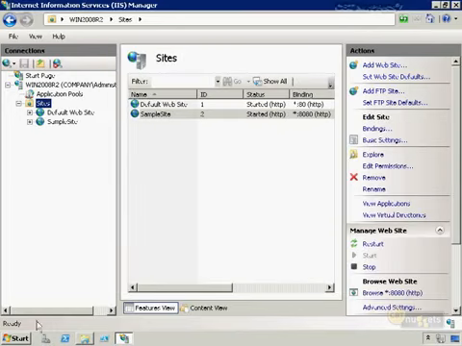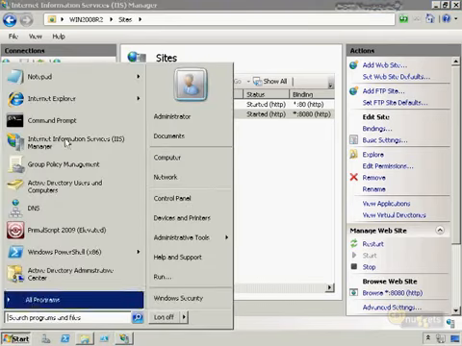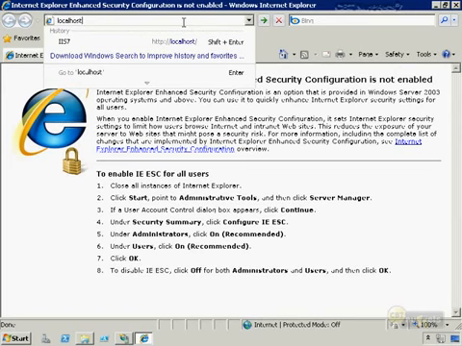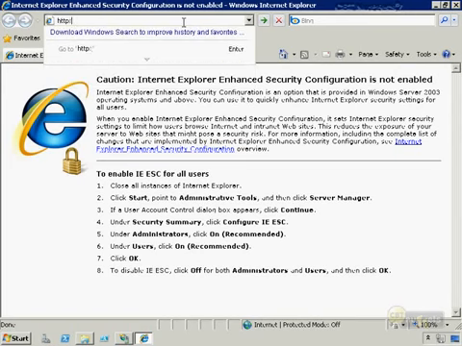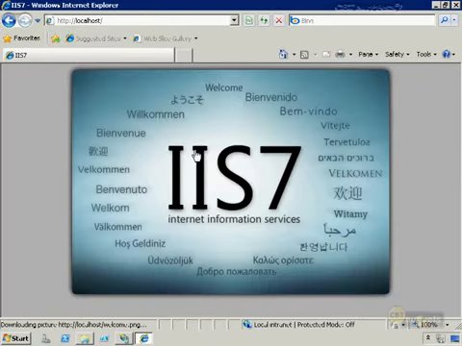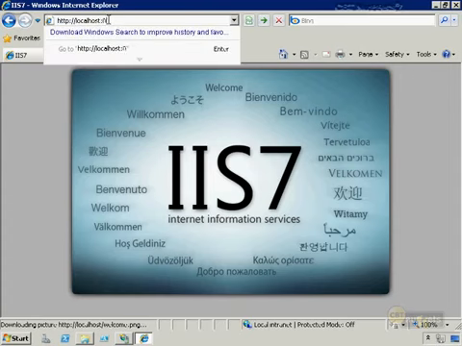So I've got two websites now. If I open up Internet Explorer, and I just go to localhost, IE defaults to port 80 for HTTP connections, so let's make sure we tell it HTTP. And this is my default website. This is the first one. If I specify port 8080,